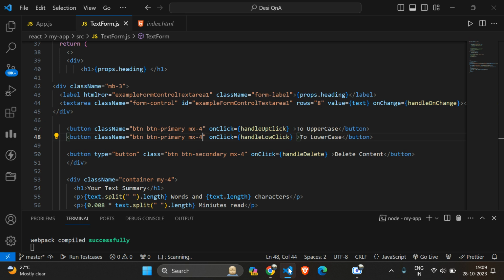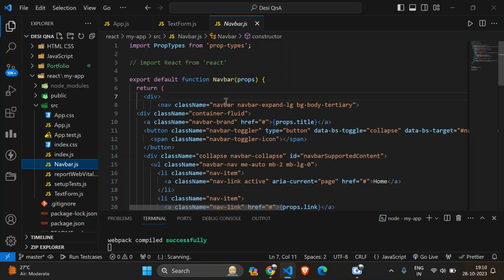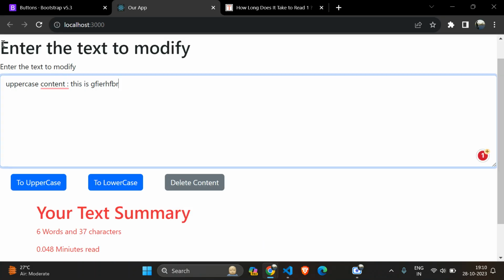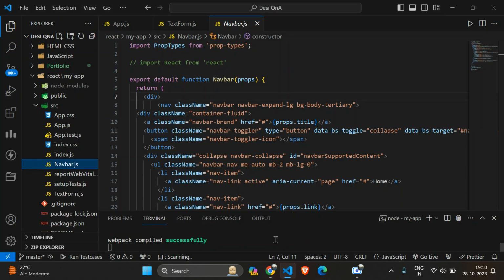Okay, right. So after this, let's say you want to make your page darker. For that we have some CSS classes in our Bootstrap. In this I will make changes to my navbar content. Okay, this is the navbar, right? I will make changes over there. For that I want the darker color. So here in the nav,